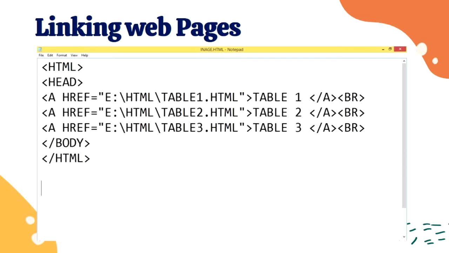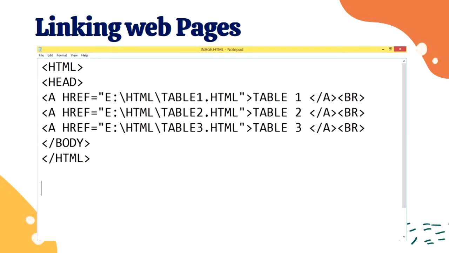When you browse something, you can see the hyperlink shown on the page. That is linking the web page to another page. Now let us discuss in detail. In HTML, you can link two pages using hyperlinks.